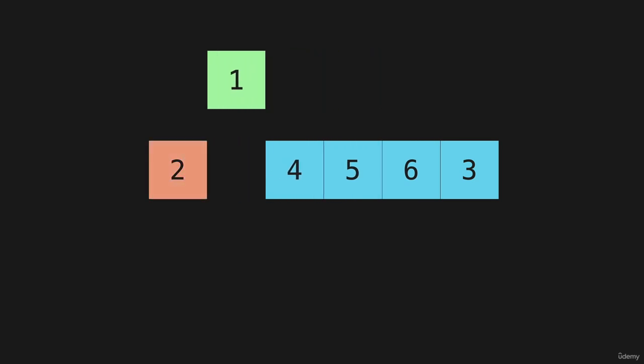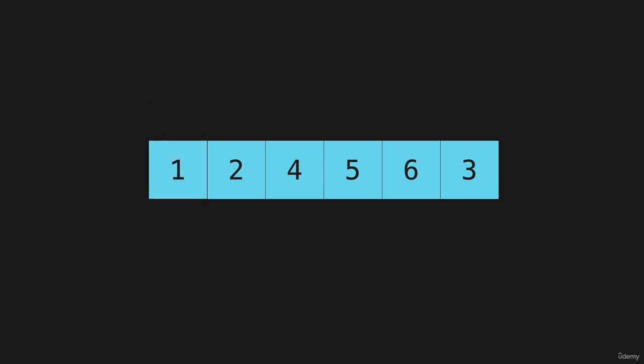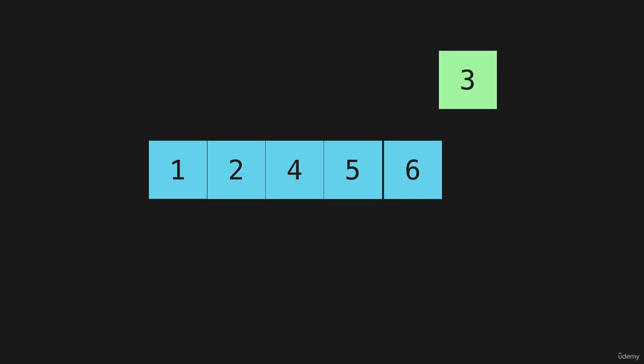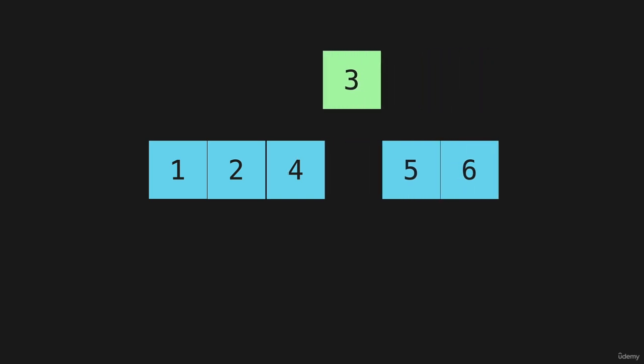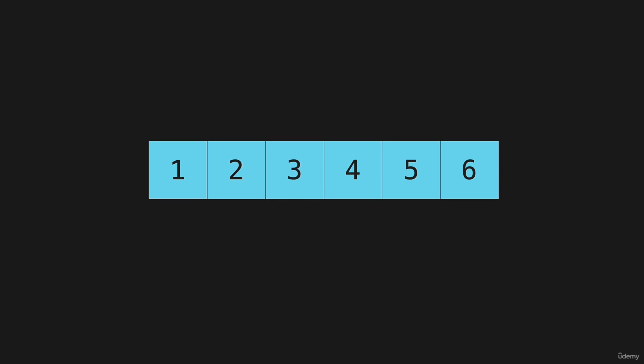the 4. And then finally, the 2, we put that there. We drop this in. That one's actually going to be a special case, the one that goes all the way to the beginning. And we'll talk about that when we code that. And then the last one here, we'll move this over until we finally compare it to the 2. It's not less than the 2. So that one goes there. And then once that 3 gets dropped in there, that's the last item, and that means that the entire list